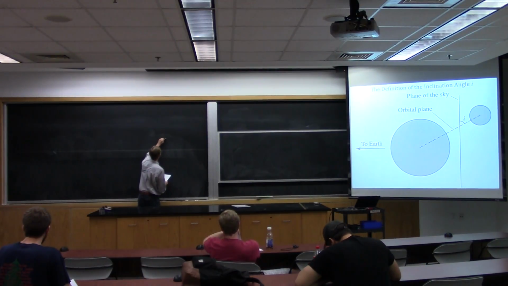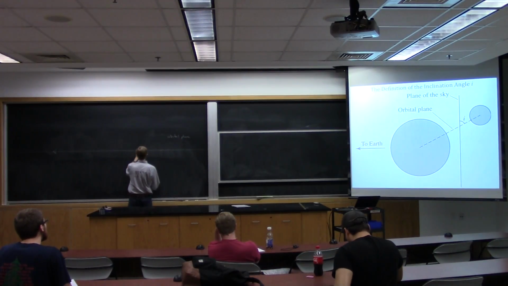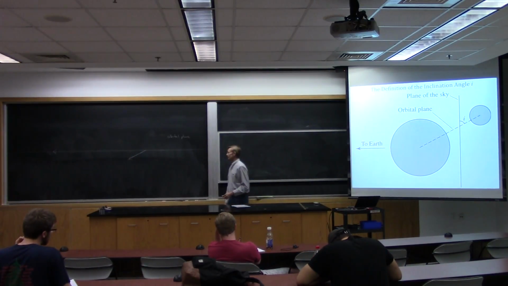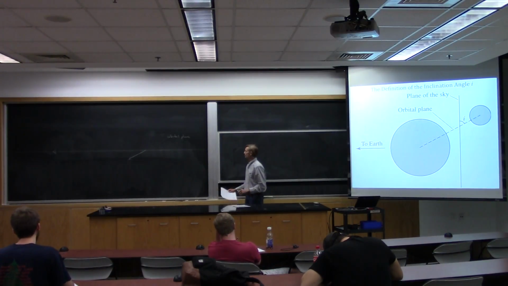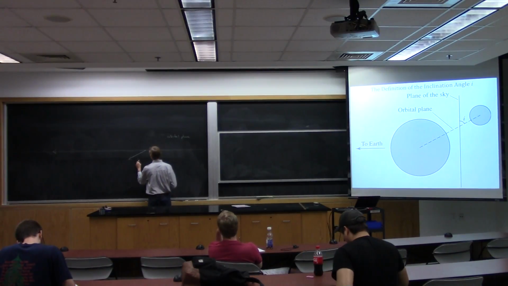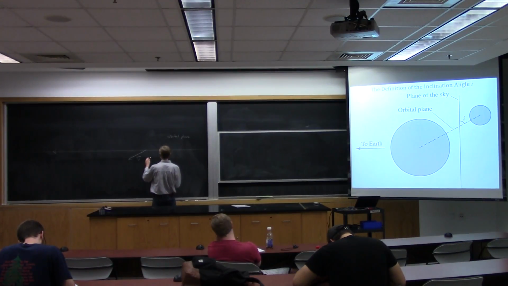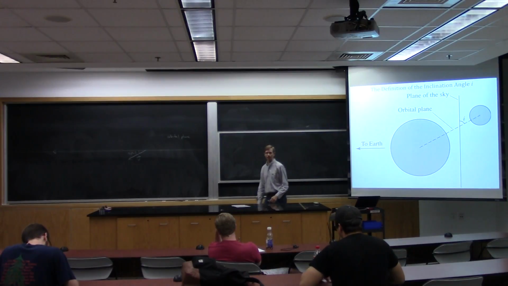If the orbital plane looks like this, well then the best we have is that when the velocity is as close as possible to being straight towards us or straight away from us, as opposed to transverse to us, the velocity vector would look like that. And so this angle right here would be 90 degrees minus the orbital inclination,